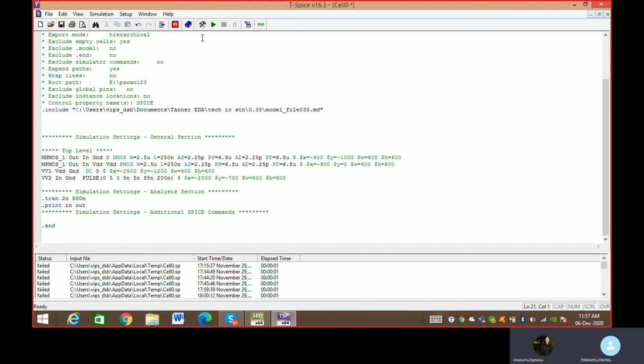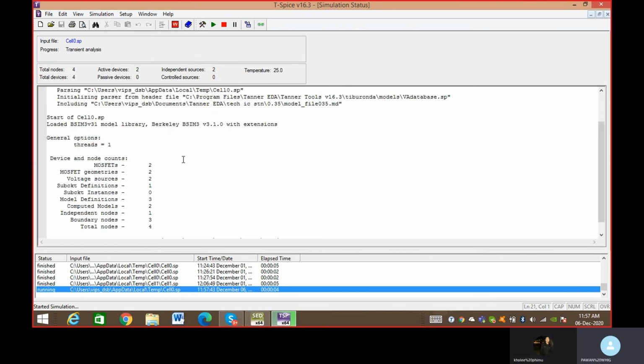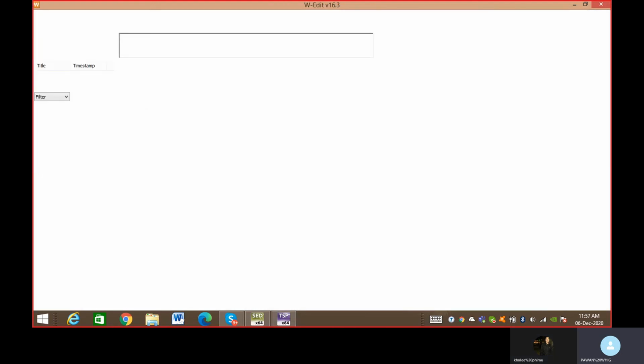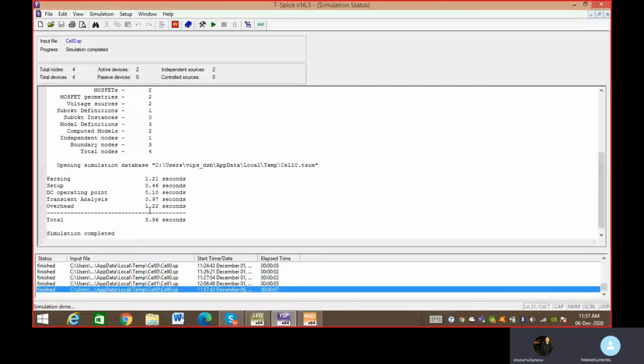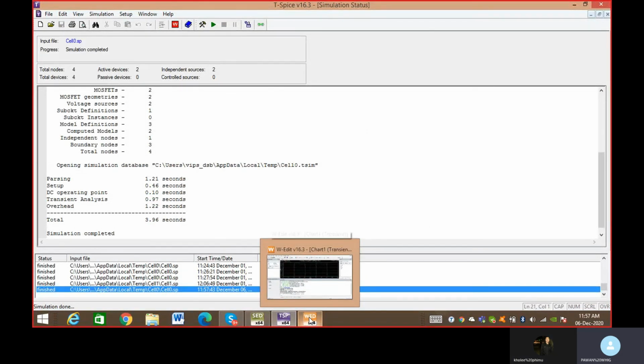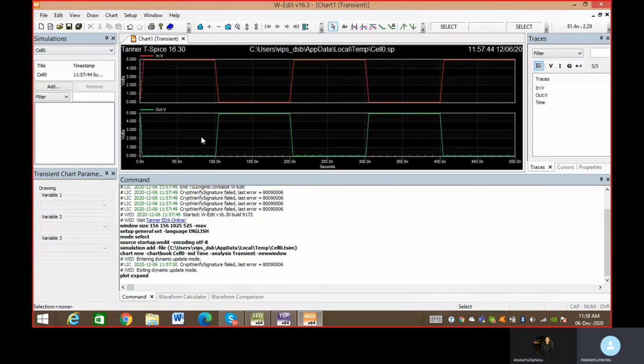Now your circuit is completed. What you have to do is go to the play button. Once you do, see, your circuit is compiled. If you never write the .print command, you will not get to this window; you will only remain over here. I think you understand the importance of .print. Now the W-Edit is coming. This is the combined output. If you want to see it segregated, you just have to click it over here. See, this is the input and output. This is the value of the input, and this is just inverted. That is what exactly we want.